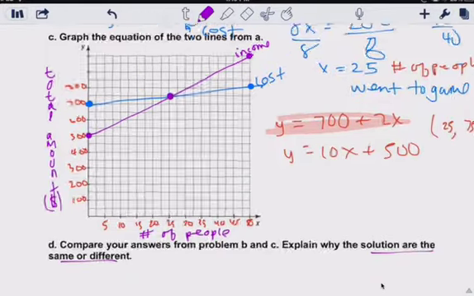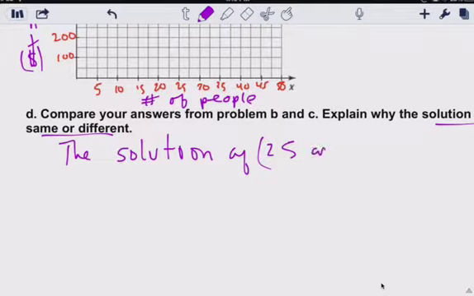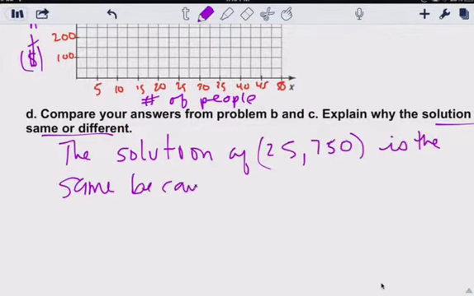Because the solution of 25 and 750 is the same because substitution method